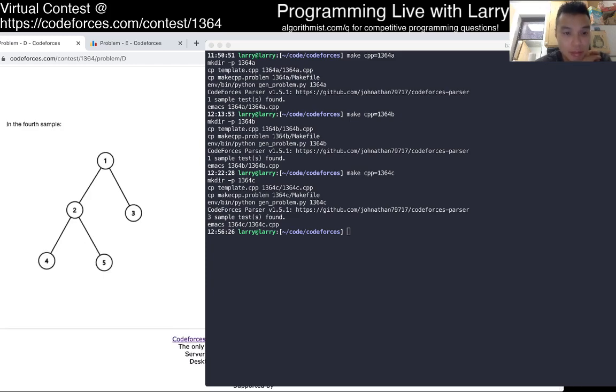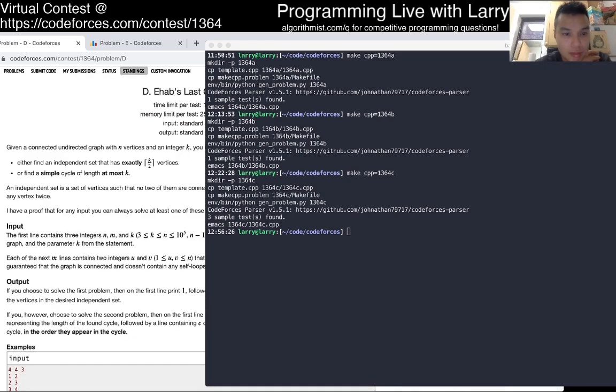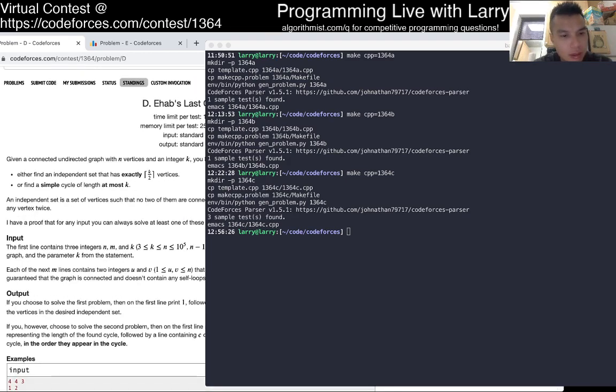Cycle one. Independent set. I think I have to do these both at the same time to get this.